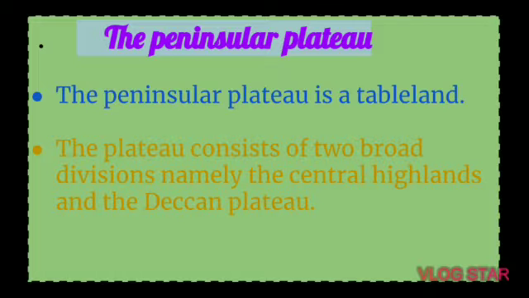Central Highland also has subdivisions, Malwa Plateau and the Chota Nagpur Plateau. Malwa Plateau covers parts of Rajasthan and Madhya Pradesh. The Chota Nagpur Plateau is covered by four states of India, that is Jharkhand, Chhattisgarh, Odisha,